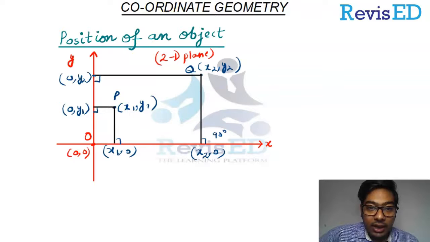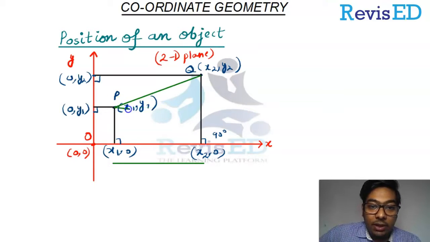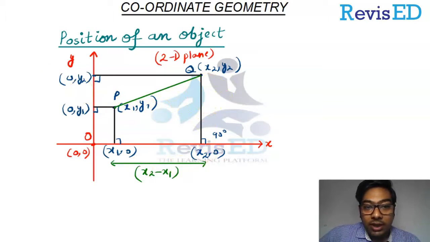So let us draw the straight line which will be connecting P and Q. This line PQ is my straight line. Basically it depicts the distance or displacement between the objects P and Q. When we are moving from x1 to x2, the coordinate is changing. So the difference of the coordinate is x2 minus x1, and similarly for the y, this can be written as y2 minus y1.